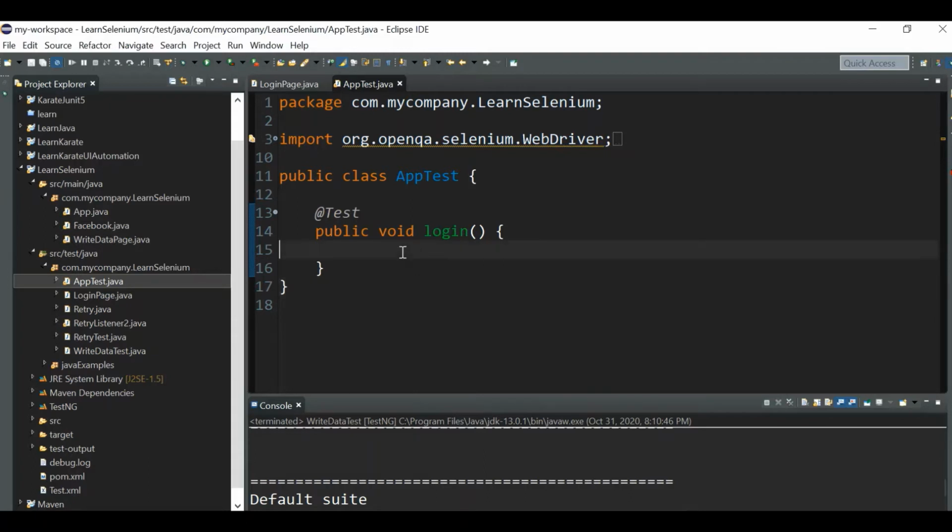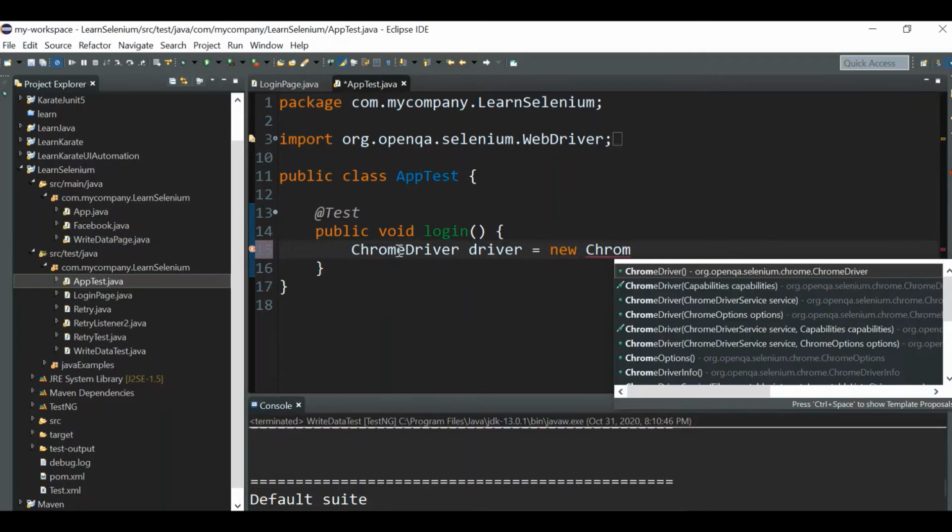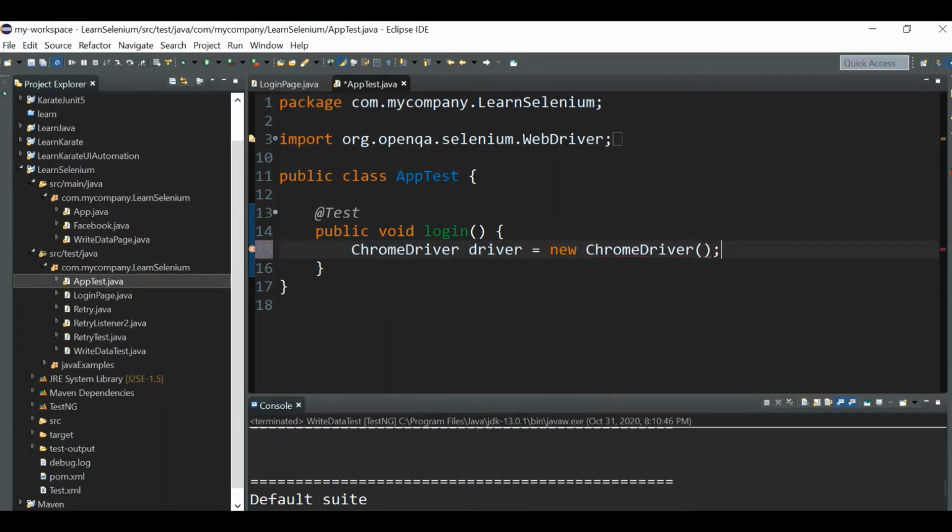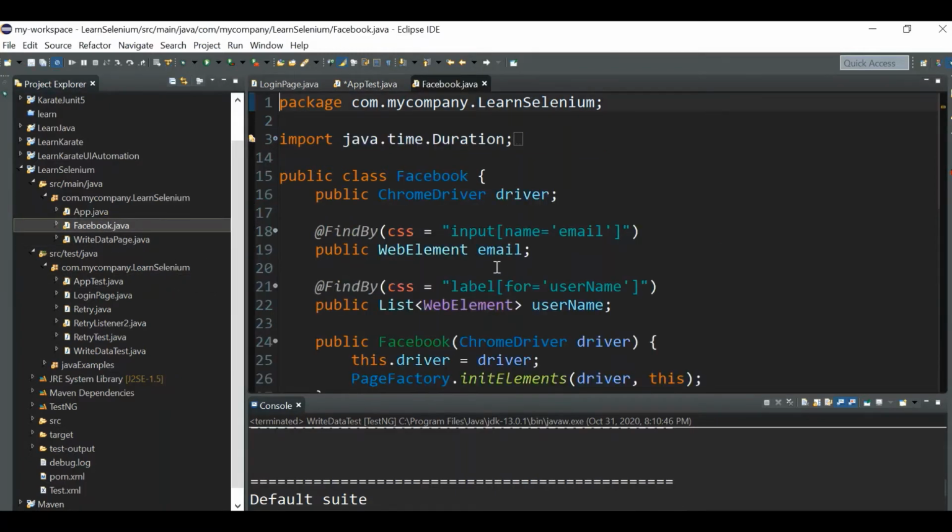Okay, so let us initiate a driver first. Instead of WebDriver, let me write ChromeDriver only, and then we'll come to WebDriver later. So let me create the object of ChromeDriver. Now I want to call some functions from the Facebook class.